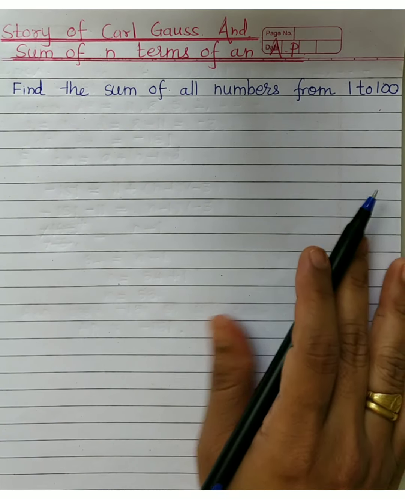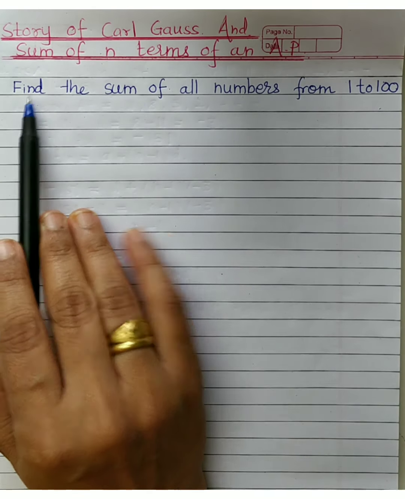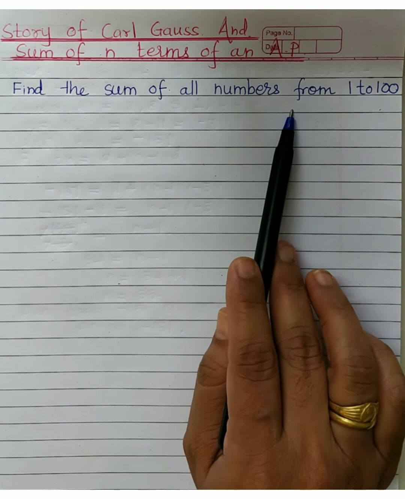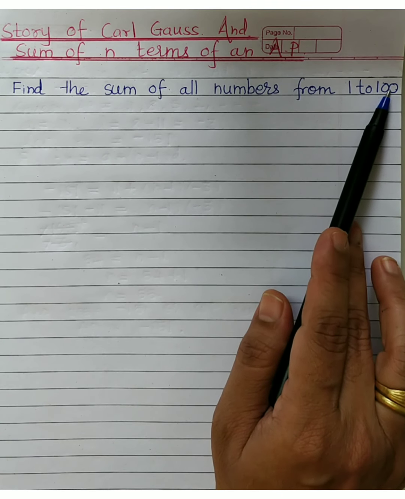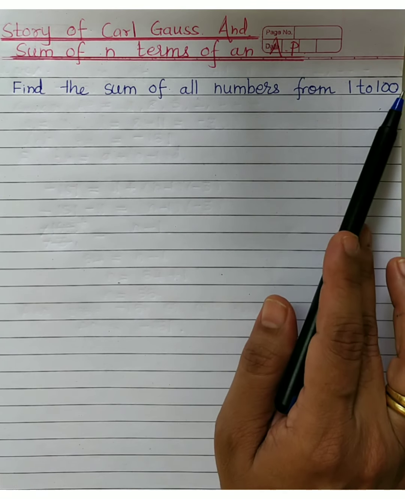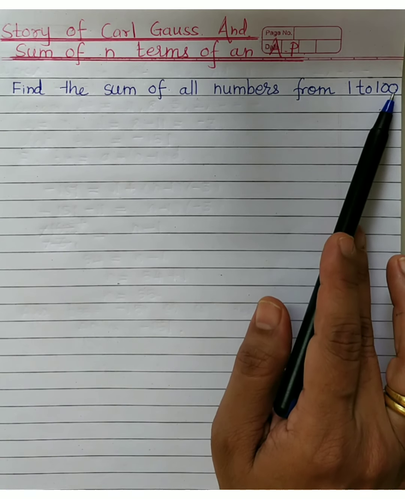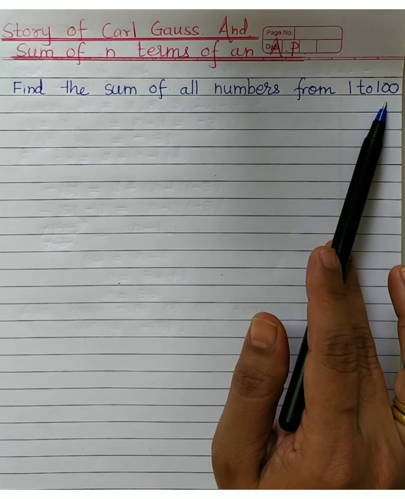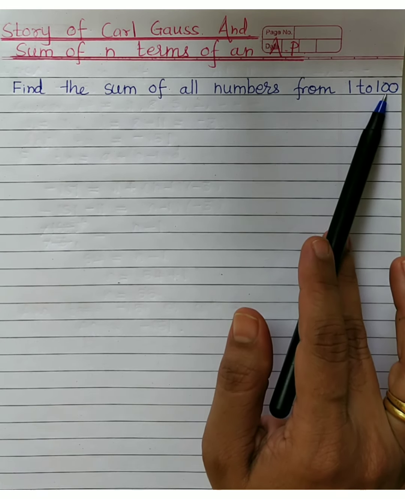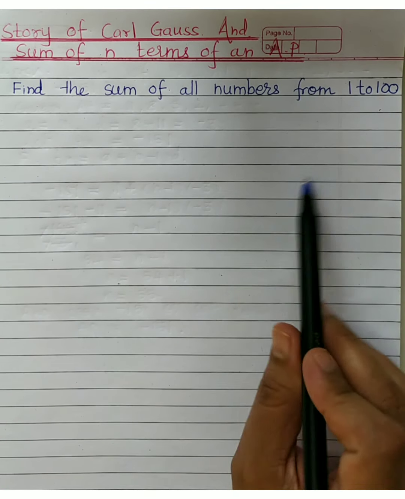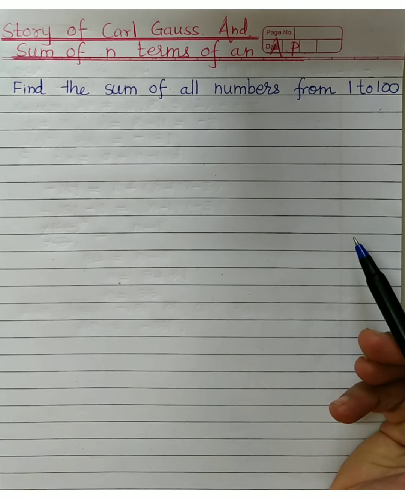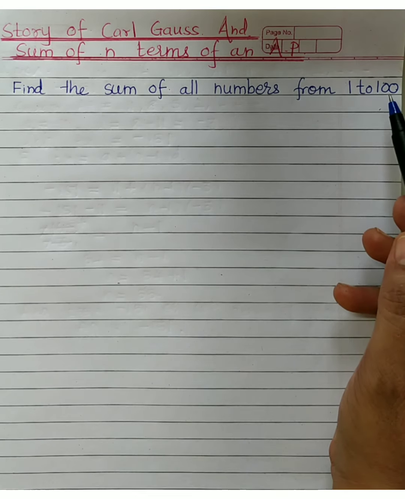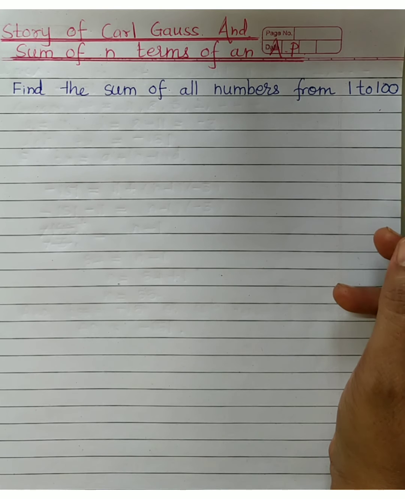So to that primary class he gives the work. What is the work? Find the sum of all numbers from 1 to 100. Now what the teacher is expecting, that children will take enough time to keep on adding 1 plus 2 plus 3 and so on, and by the time they reach 100 it will be taking much time for them. And to the surprise of teacher, this person Gauss, within very less period of time, gives the answer.